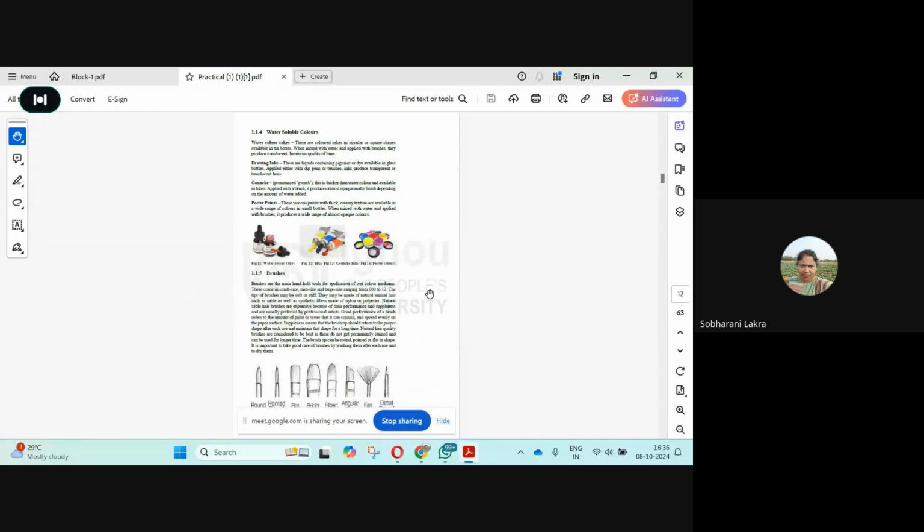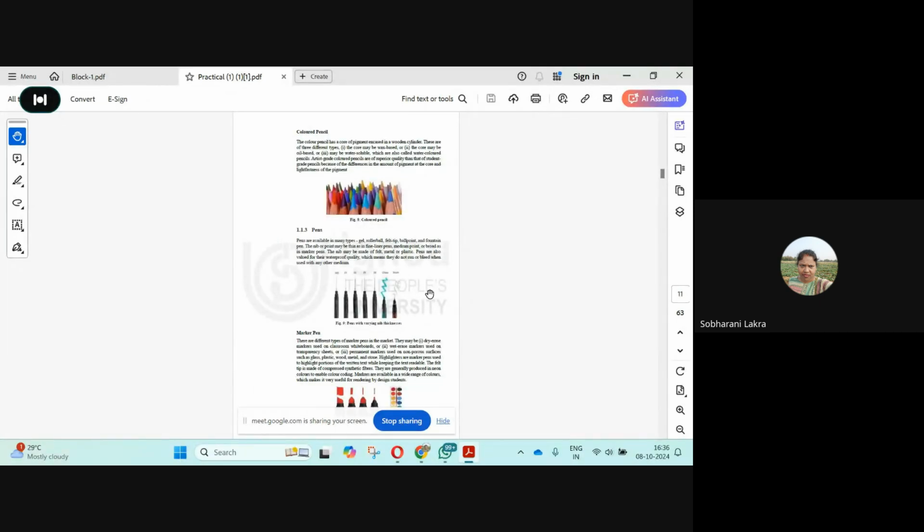Then we have marker pens. Now these are again CD marker pens and classroom marker pens. You have permanent markers, temporary markers, glass markers, metal markers, and stone markers. So on different media, different types of marker pens are used. Okay, and in the classroom we go for temporary markers of different colors, because they have to be erased on the board. These days smart boards are there, so we are also avoiding marker pens. All right,